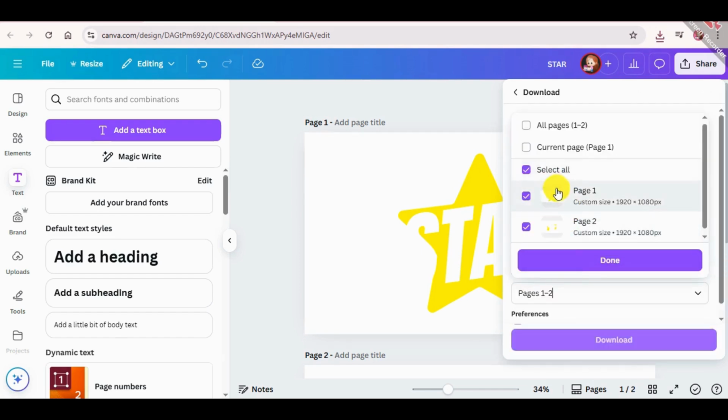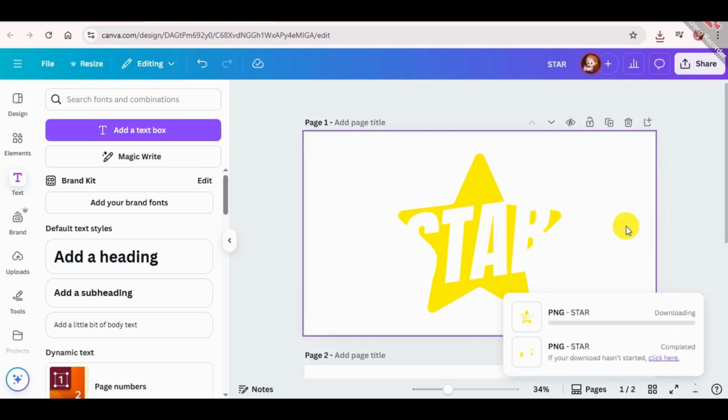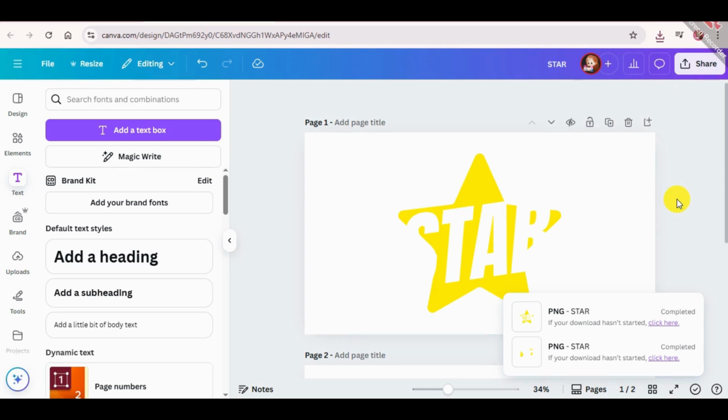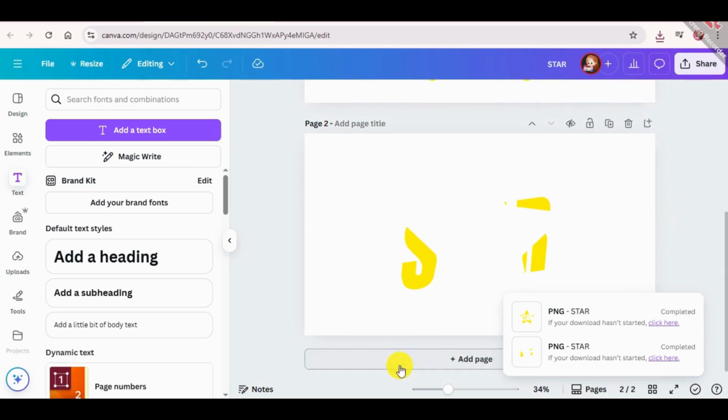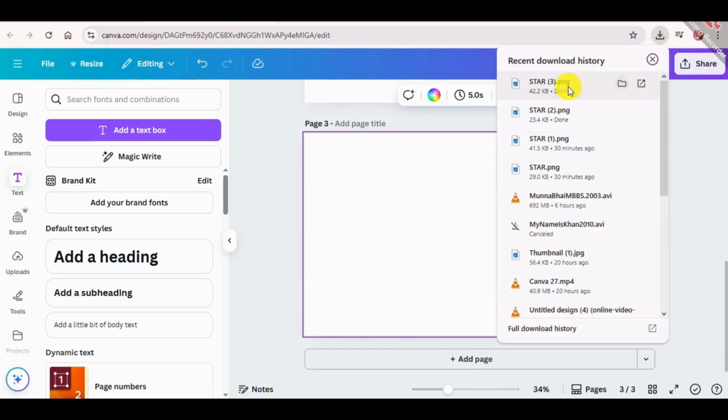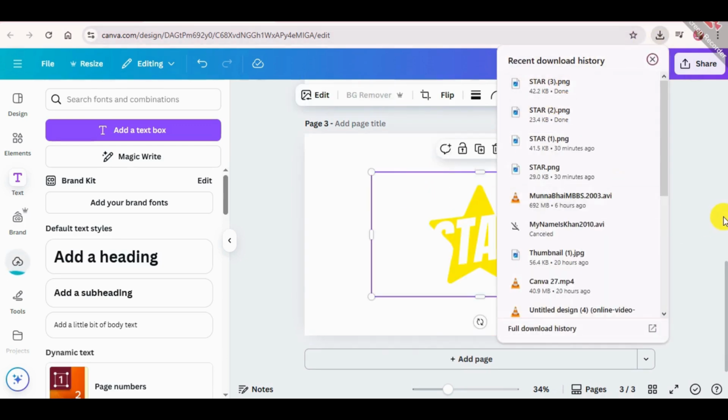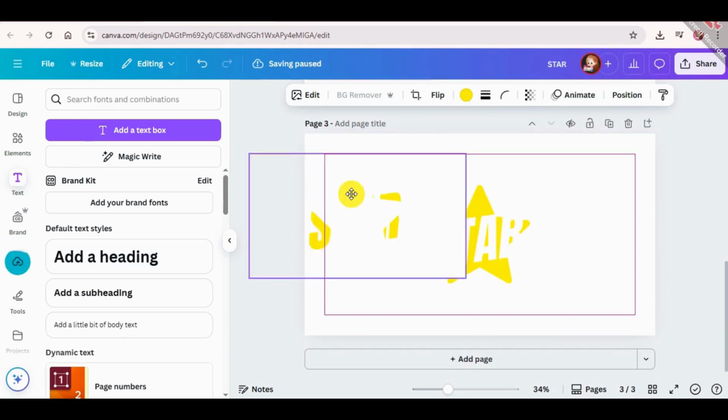Now I'm gonna download both of these pages. Like this, page number 1, 2. Alright. Now I'm gonna add a page and I'm gonna drop these two pictures right here